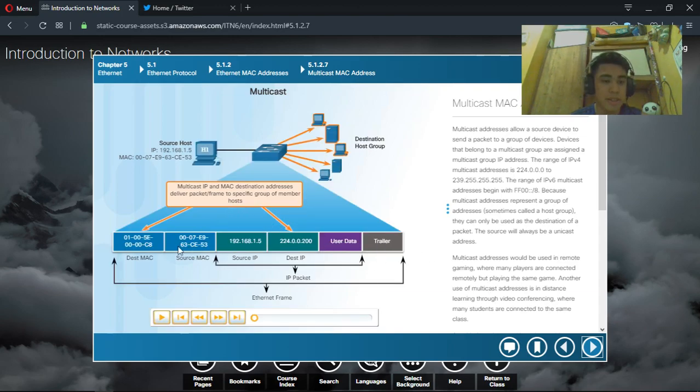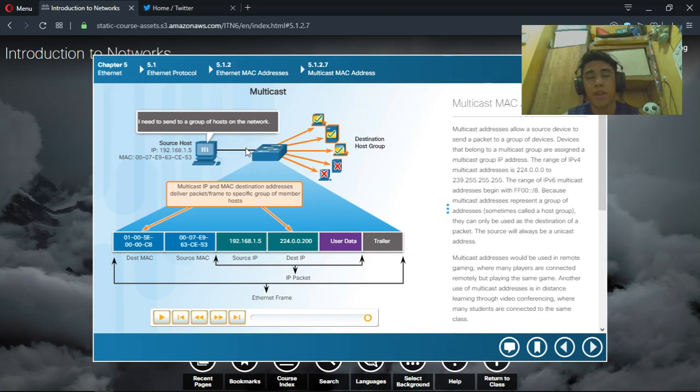Multicast MAC address. The destination is 01005E00C8. It is going to send data and flood all the ports that are connected to the switch. If the host sends data, the message will go to all of